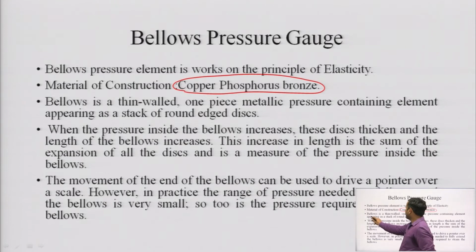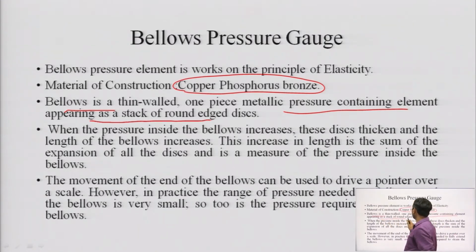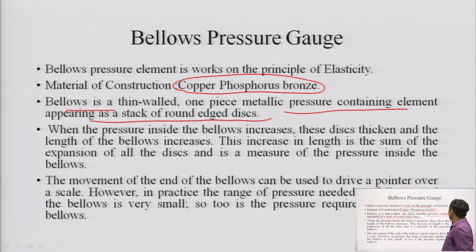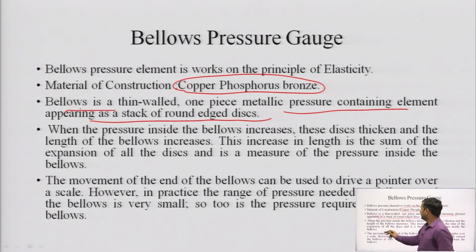Also, the bellows is a thin-walled, one-piece metallic pressure containing element appearing as a stack of round edge discs. Now we will see the arrangement of bellows. The shape is different with respect to the capsule which we have studied. We will see it in the diagram, but when the pressure inside the bellows increases, the discs thicken and the length of the bellows increases,